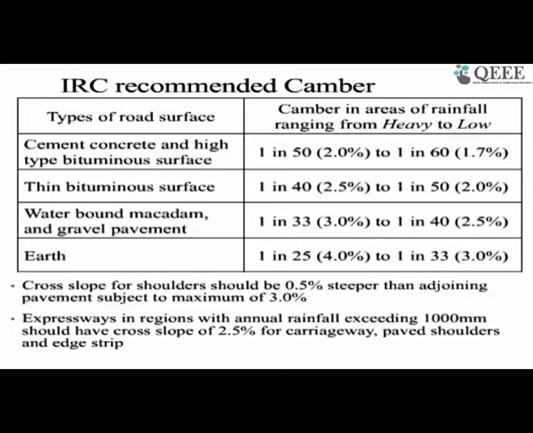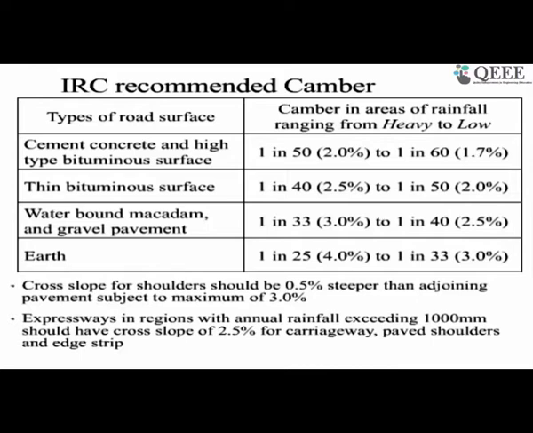which is from 2% to 1.7%. Now we provide 2% when the rainfall is heavy, and we provide 1.7% when the rainfall is low. So this is how we are considering the climate and the material. For the pavement type, we are considering the other way, like when we are providing a thin bituminous surface,